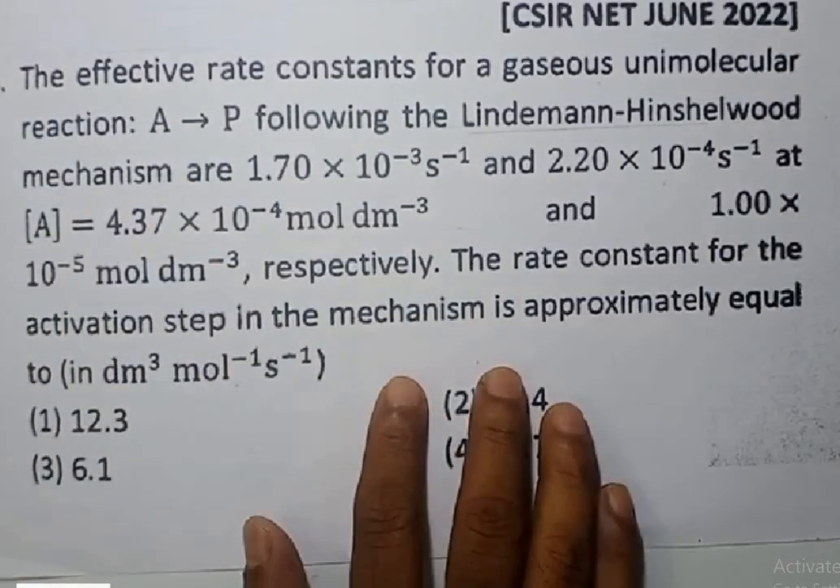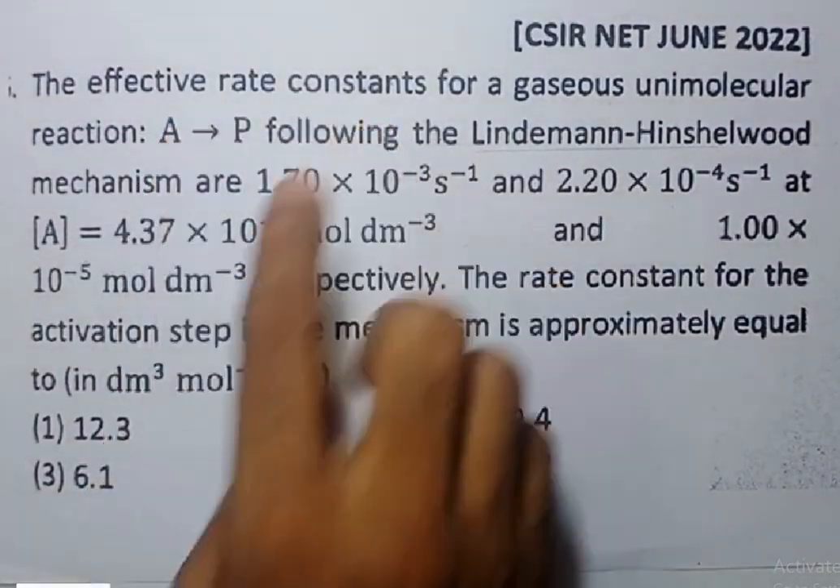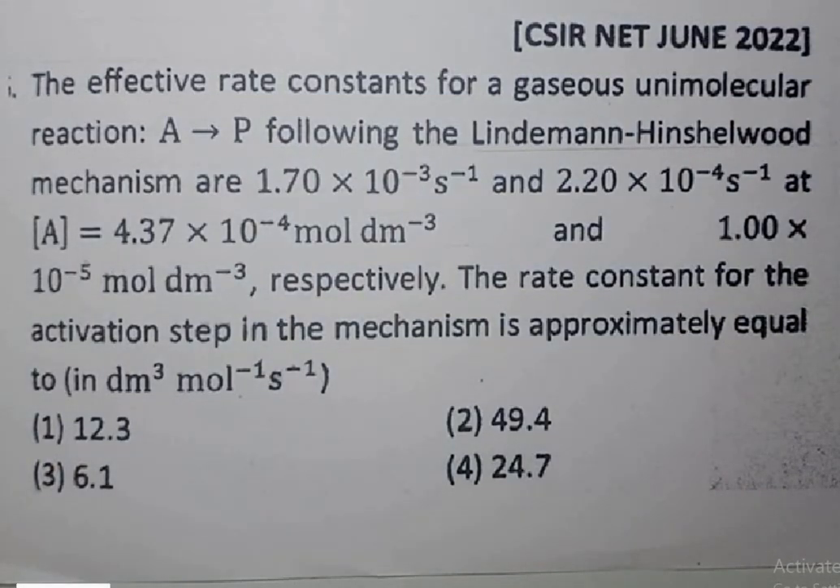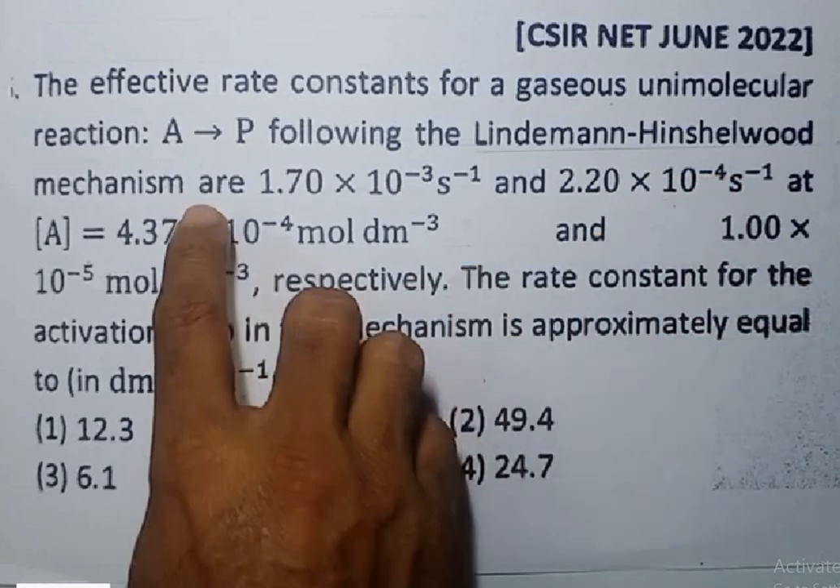And this is the next question which appeared in June 2022. The effective rate constant for a gaseous unimolecular reaction A gives P following the Lindemann-Hinshelwood mechanism are